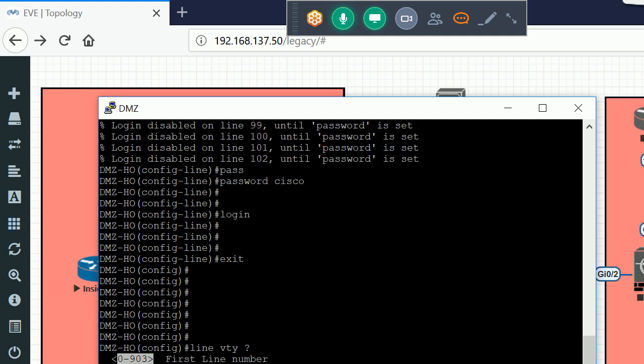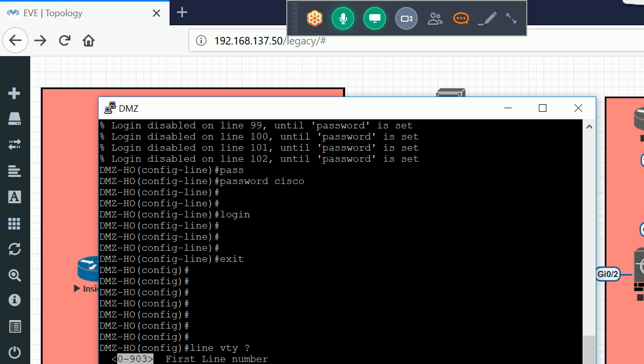That means 5 users can access this device at the same time, meaning they can telnet to this device. We are just restricting users because we don't want lots of users accessing our firewall at the same time and making changes there.